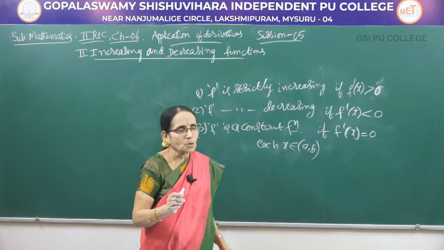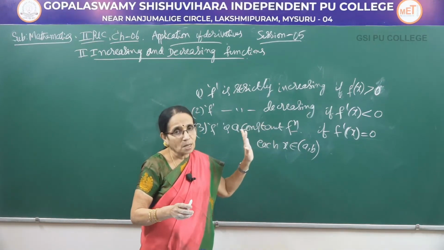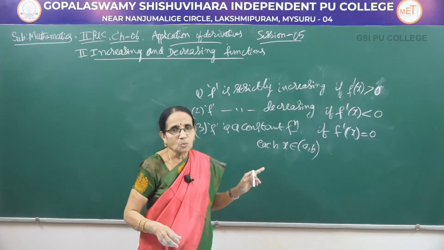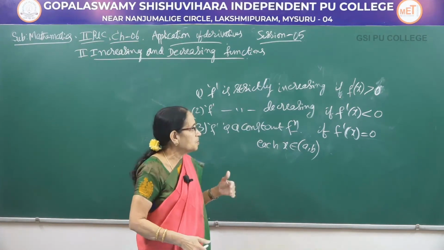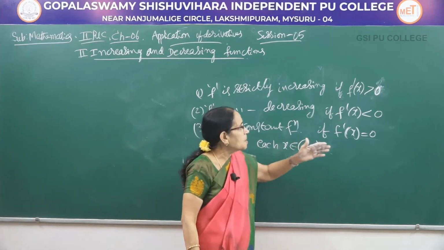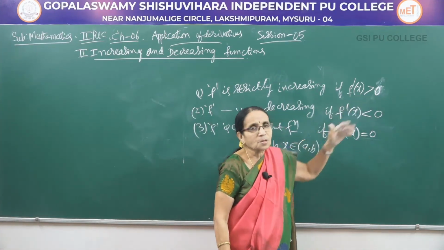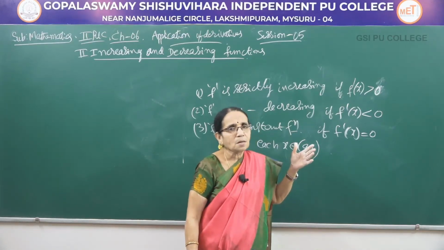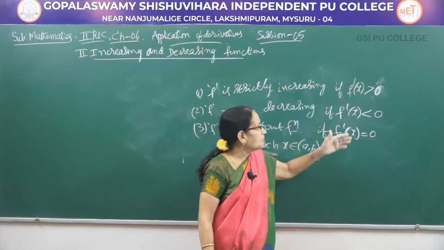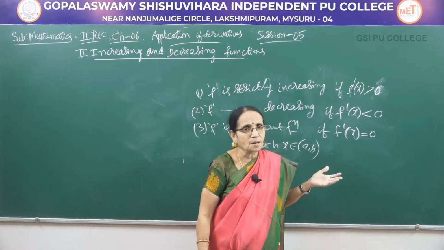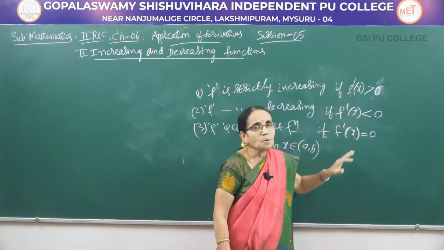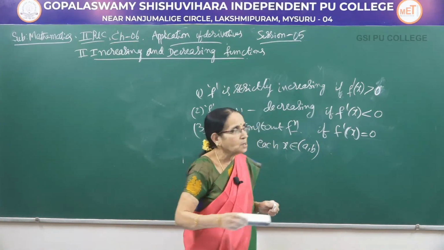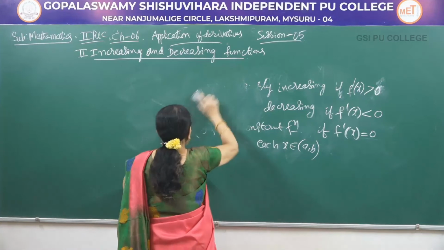So, to work out the problem, this knowledge is enough. Okay, this knowledge we should have. Because of the statement of this theorem only, we work out the problems. See here what we do. We consider the first derivative, see whether it is positive. If it is positive, we say it is a strictly increasing function. If it is less than 0, we say it is strictly decreasing. Now, only these two will be used in working out problems. This information also is used when we work out the problems here.